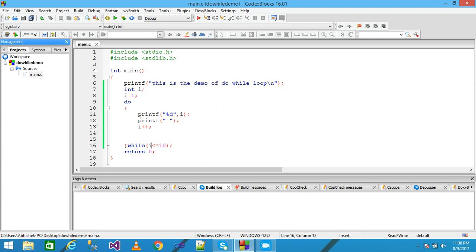Control again comes into the body part and prints the value of i, 3, onto the screen, and this printf function provides the space, and again the value of i is incremented by 1. This time the value of i is 4. Control again comes here, checks the condition, which is true. Control again comes into the body part and prints the value of i as 4 onto the screen, and